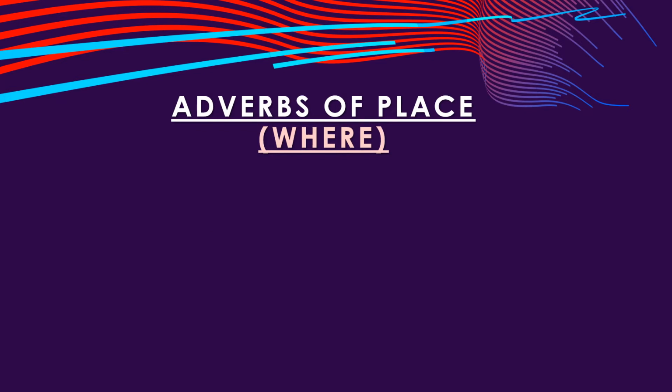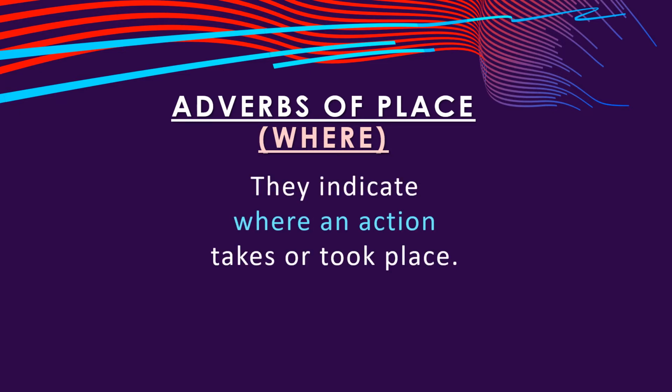Moving on to the next one, that is adverbs of place. These adverbs tell us where the work has been done. They try to elaborate more about the place. They indicate where an action takes place or took place. For example,